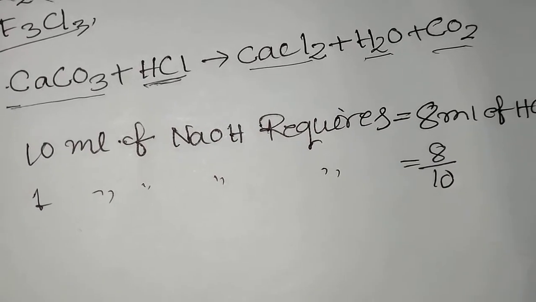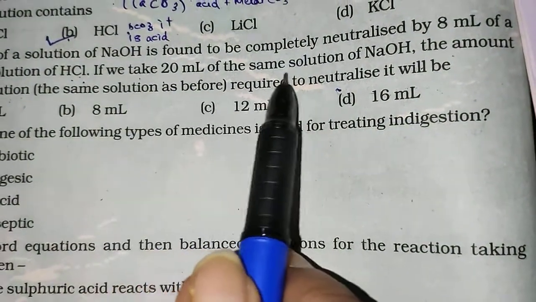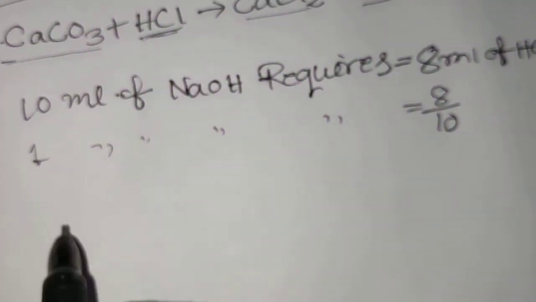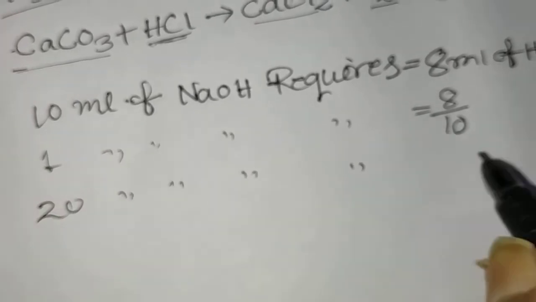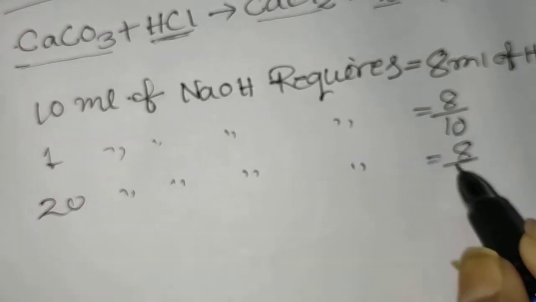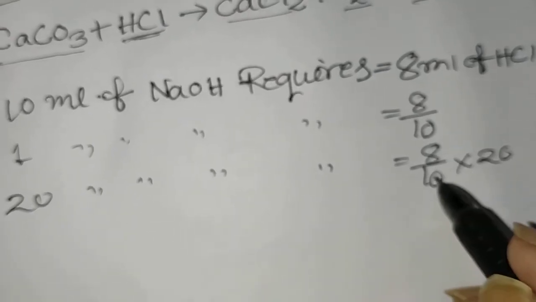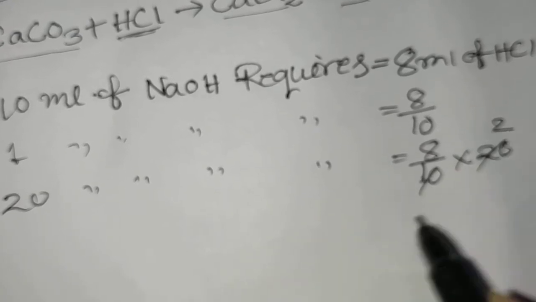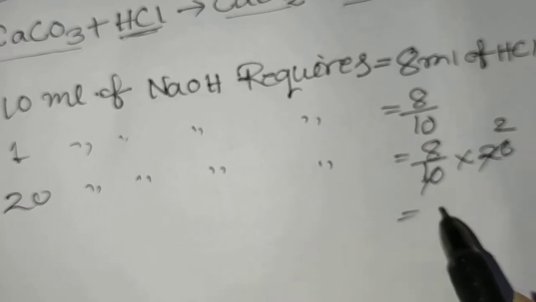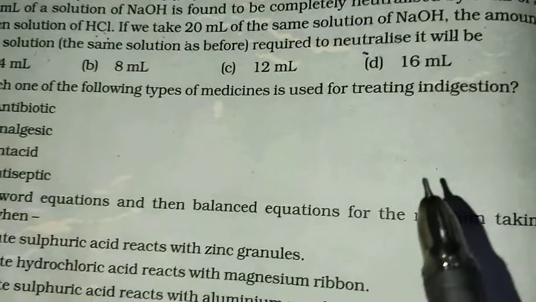Then the question asks, if we take 20 ml of the same solution of sodium hydroxide, 20 ml of sodium hydroxide will require 8 by 10 into 20. So 20 times 8 by 10 is 16 ml. So the answer will be